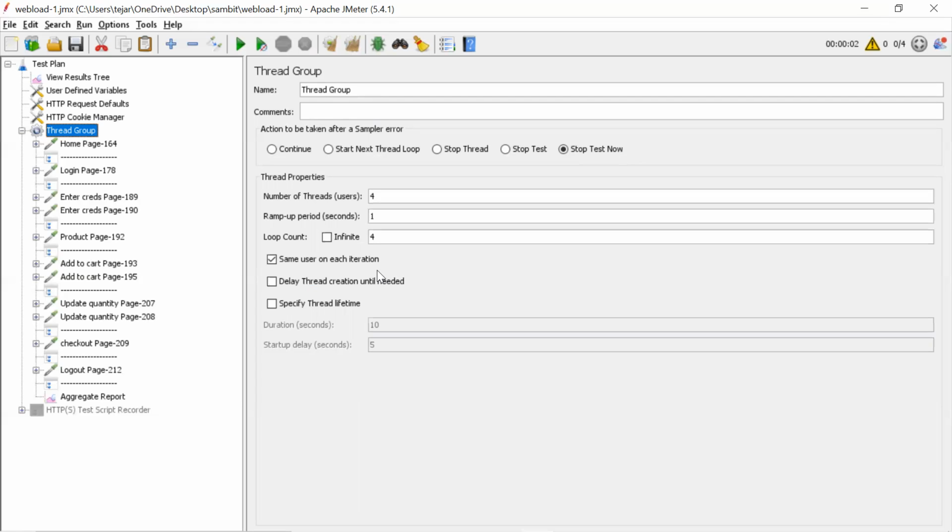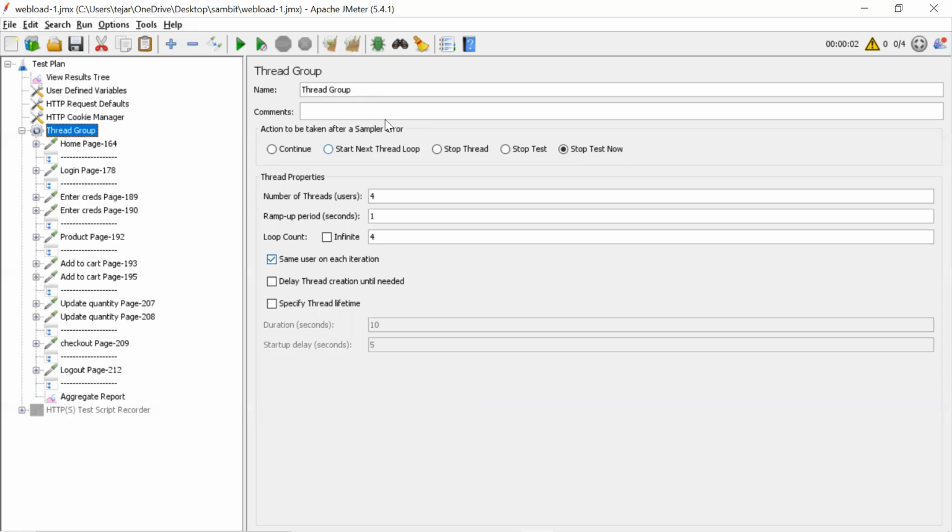In real time, if you take any e-commerce website, there are patterns. Some users will suddenly come and some will go down, and again it will increase and go down. Like some patterns. But with this thread group, we can't generate all those things. Correct. Then this is not helpful for our real load testing. So that's why we have plugins which help us get upgraded thread groups. I mean, different thread groups are there.